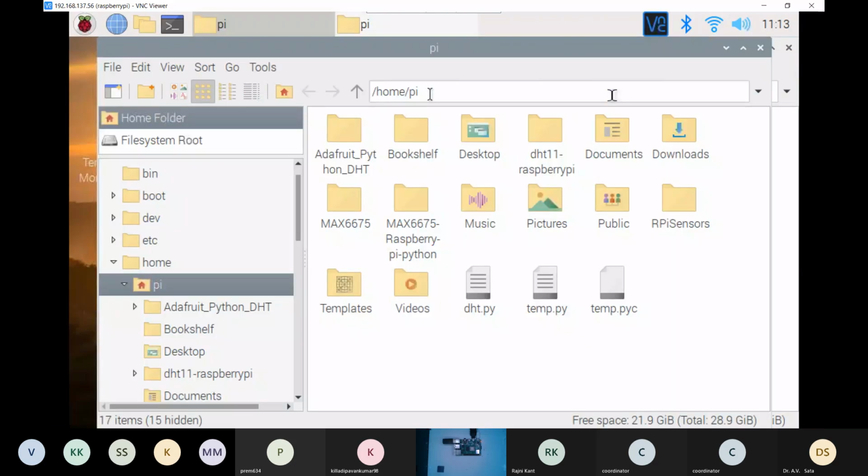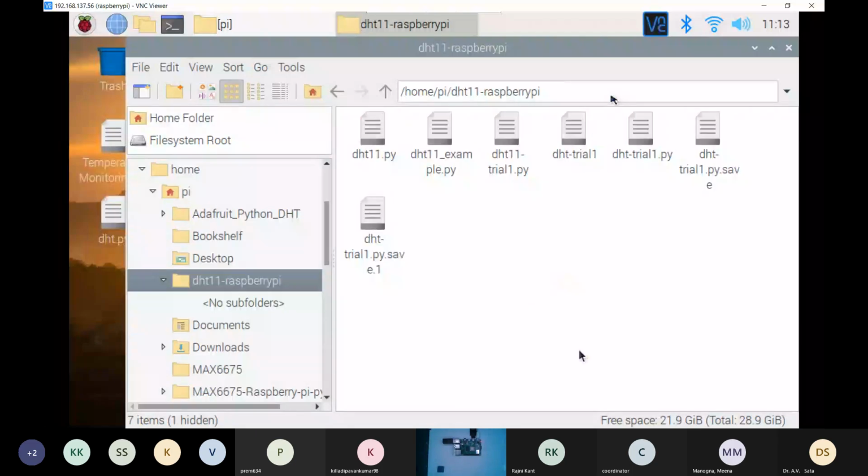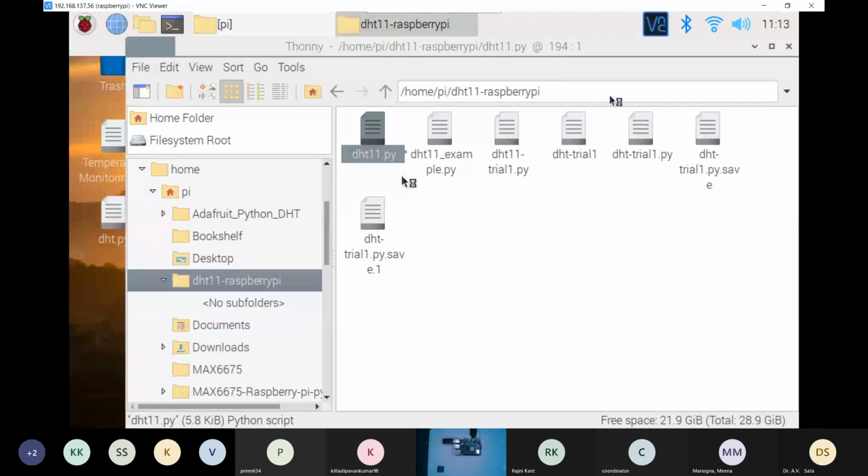As you can see, this is a typical scenario of any library that exists in Raspberry Pi. This DHT11.py is the main function, that is actually a library from where we can fetch the data.